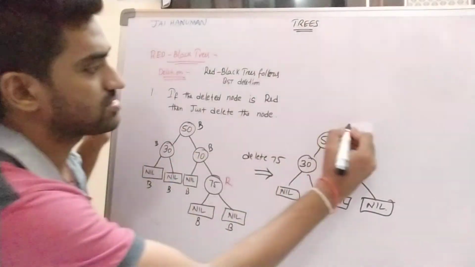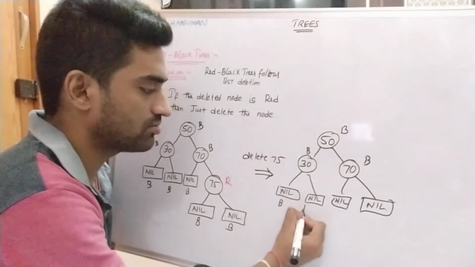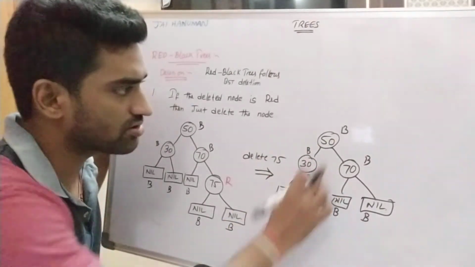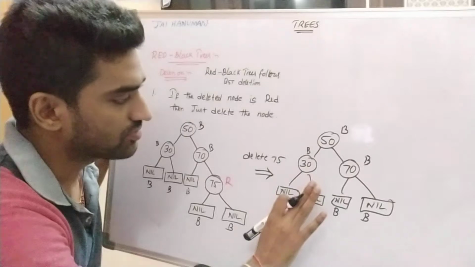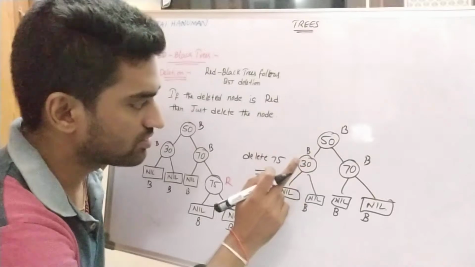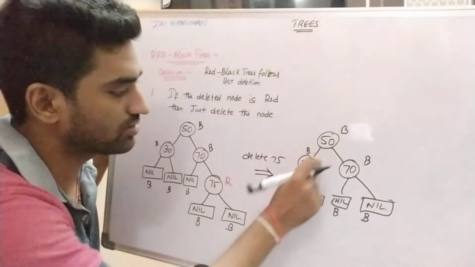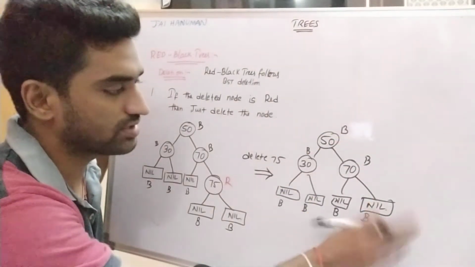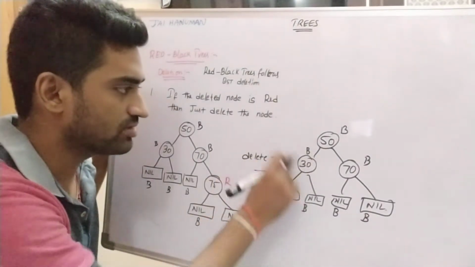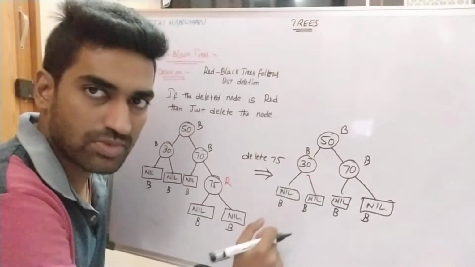So now this is a black node, this is a black node, and all the others are black nodes. After deleting the node, we can check all the properties of the red black tree, right? The root is black, so that property is satisfied. There are no two adjacent red nodes, so that property is also satisfied. Every path from the root node to a nil node contains an equal number of black nodes: 1, 2, 3, 1, 2, 3, 1, 2, 3, 1, 2, 3. Now this tree also satisfies the red black tree properties. So after deleting 75, the newly generated tree also satisfies the red black tree properties, right?